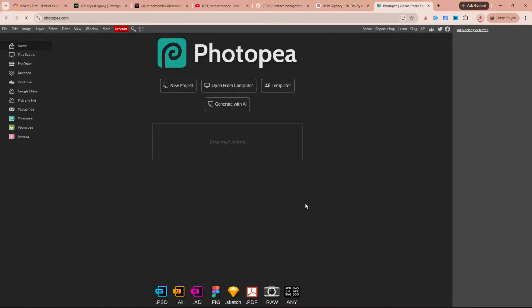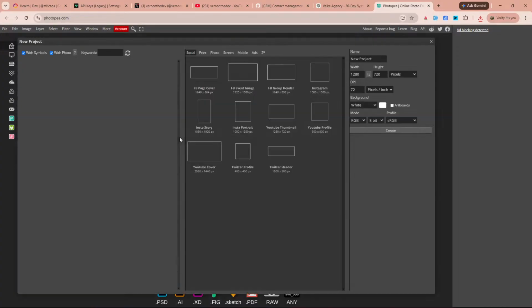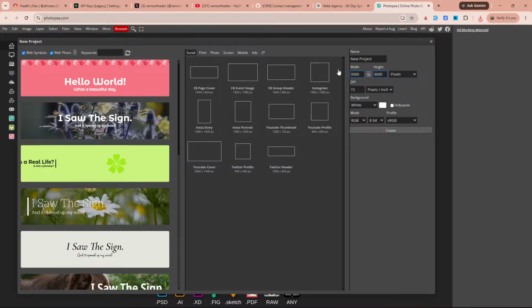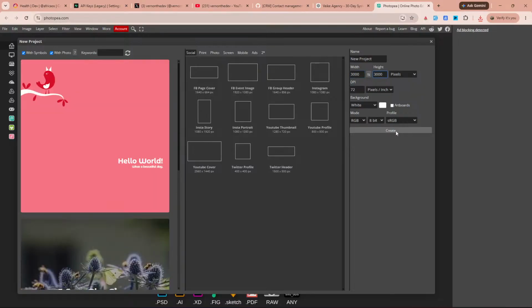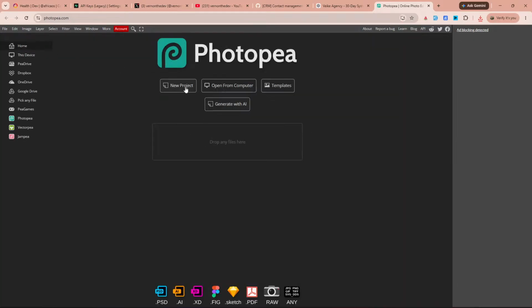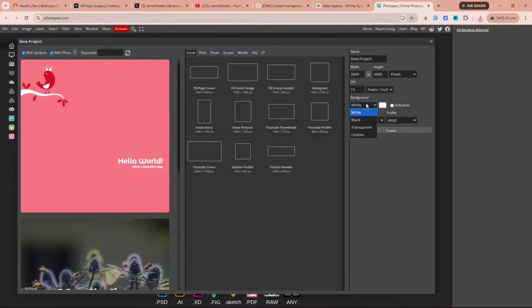It has placed it there, so we can create a new project, and we can just place this at 3000 pixels by 3000 pixels. Then we create, but I think I did a mess. We're supposed to use a transparent background,